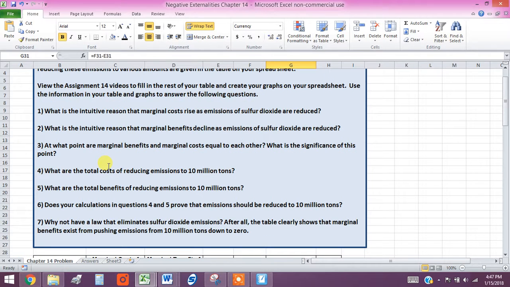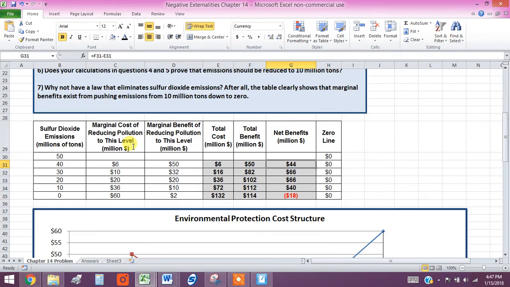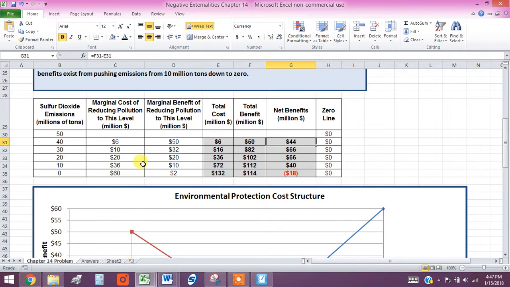Okay, question 3. At what point are marginal benefits and marginal cost equal to each other? What is the significance of this point? Well, it's obvious when we look at either the table or the graph that marginal costs and marginal benefits are equal when we reduce our emissions down to 20 million tons, at a marginal cost of $20 million and a marginal benefit of 20 million. Now don't confuse the marginal with the total, right? Because at this point the total benefit is